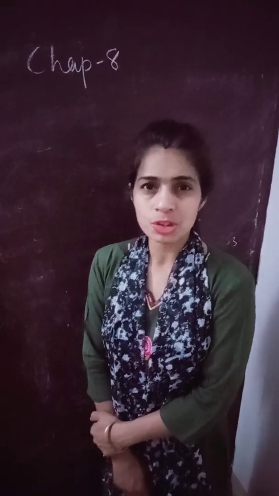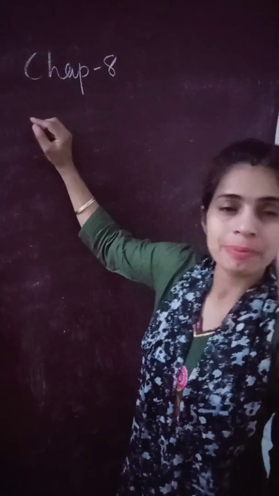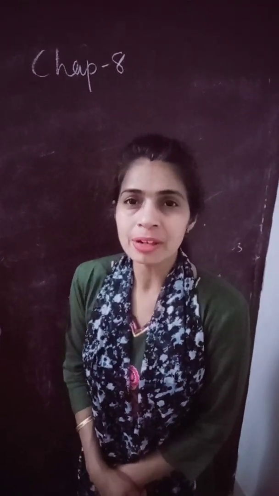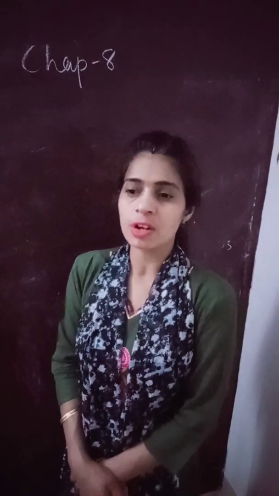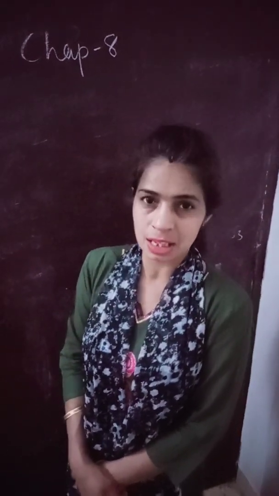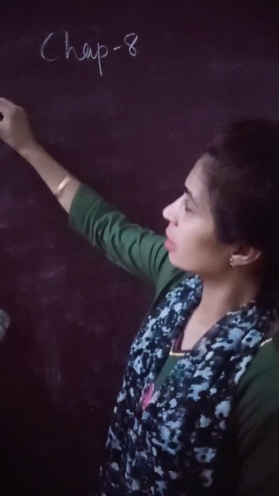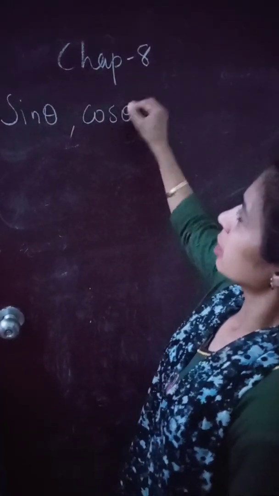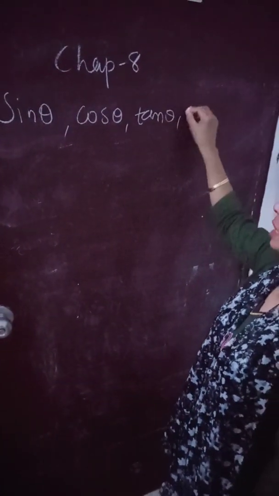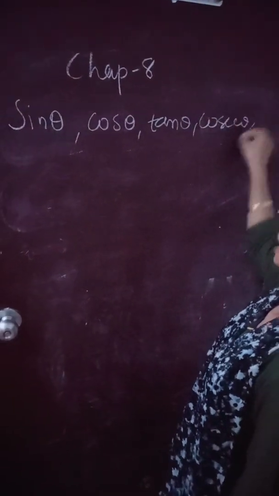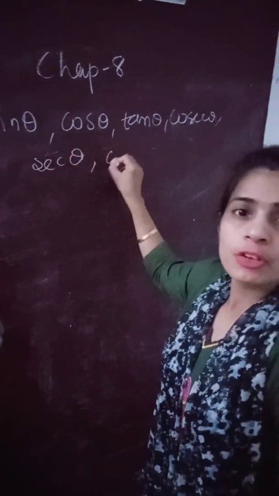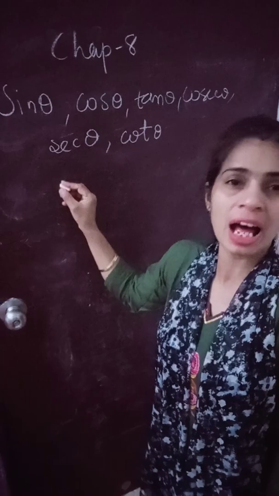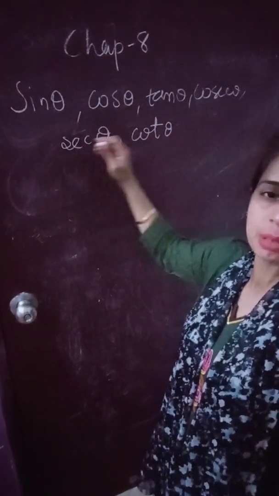Today's topic that we are going to cover, we started with the trigonometry chapter in the last class. In today's class, we will be studying trigonometric values, trigonometric angles for the various trigonometric ratios that we did in the last class. So, let us recapitulate what we did. It was the 6 trigonometric ratios that we studied. Sin theta, cos theta, tan theta, cosec theta, sec theta, and also cot theta. Today the class will be about the values of these trigonometric ratios for some specific angles.